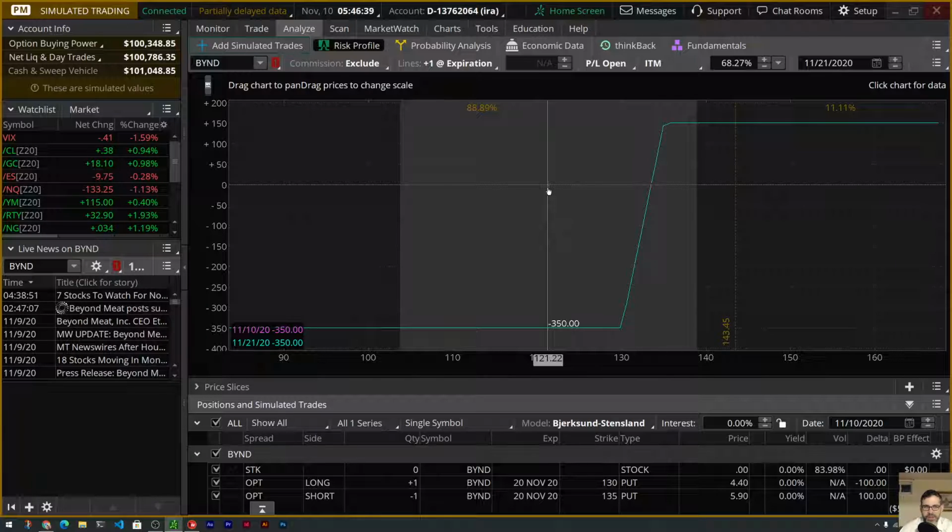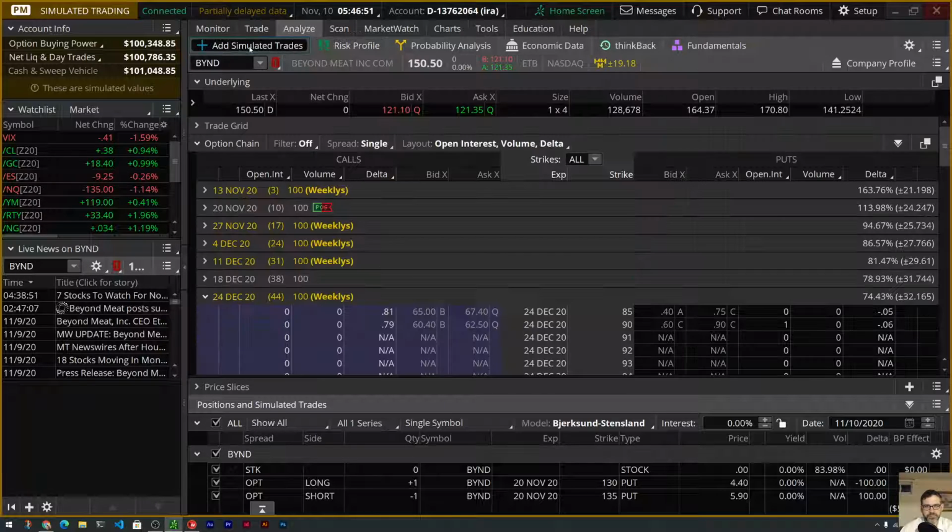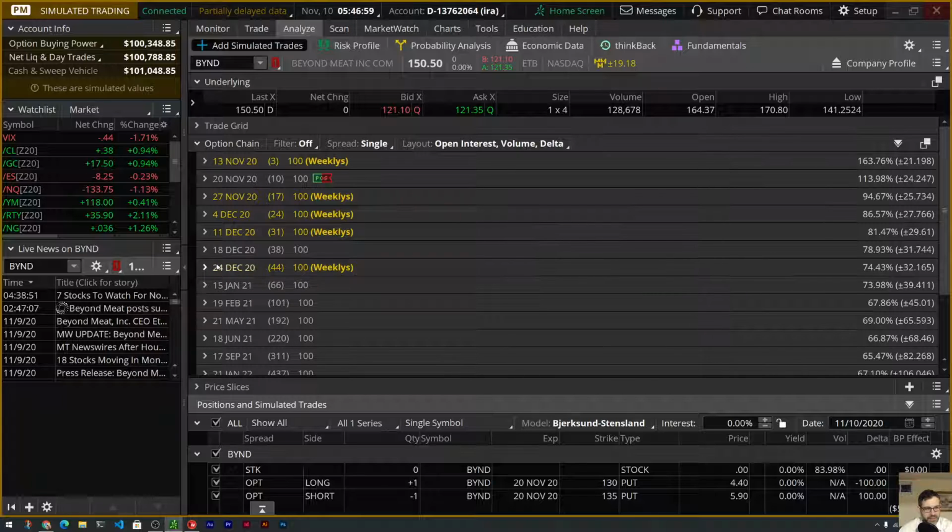You can't roll this out for a credit. We've got 10 days left to expiration. We're going to hope that we don't take a max loss, but very likely that's what we're going to be staring at, right? So yeah, that was our earnings trade yesterday. And I guess if you're thinking, hey, did I learn my lesson? I don't think so. I think I want to keep trying these in our IRA,